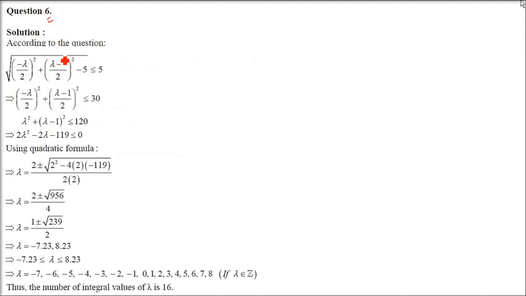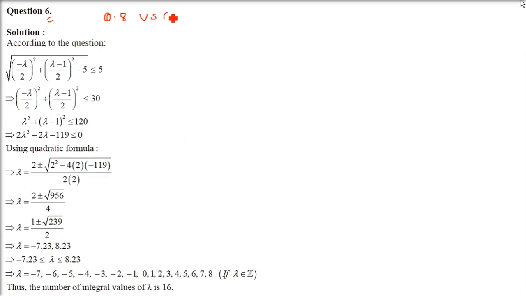This is question number 6. The number of integral values of lambda for which the equation lambda x square plus y square plus lambda x plus lambda 1 minus lambda y plus 5 equals 0 is the equation of the circle whose radius cannot exceed 5. So this question we have already done in detail. The question is the 8th question of the very short answer questions of this chapter only, the circle. If you go to that exercise which I explained, the question 8 is exactly the same thing.